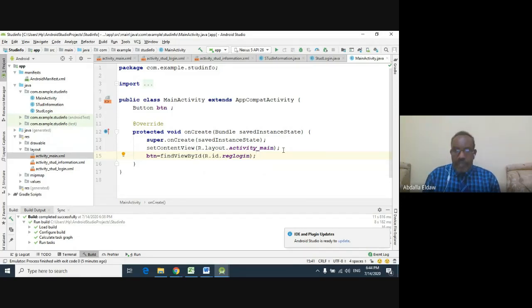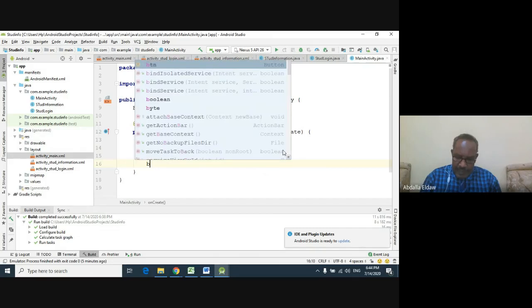The second important step is to activate the button, or to let the button generate the on click listener method. This is very important and it will be used in every application. btn.setOnClickListener